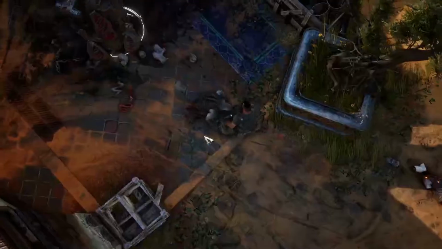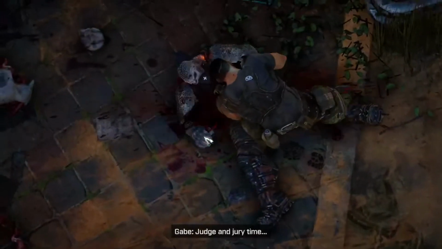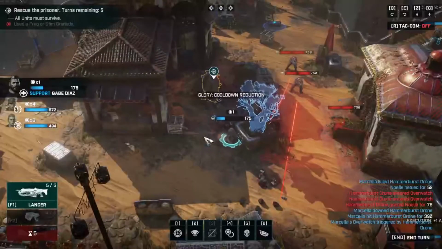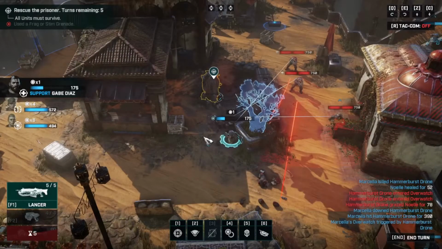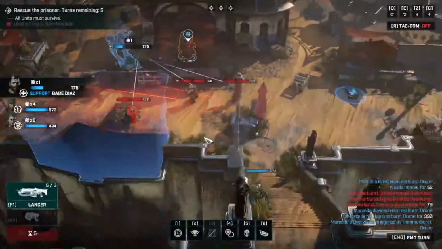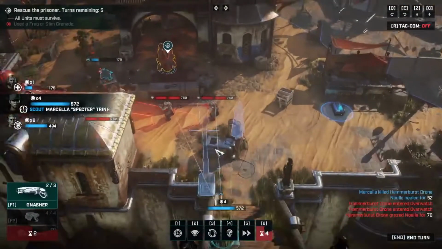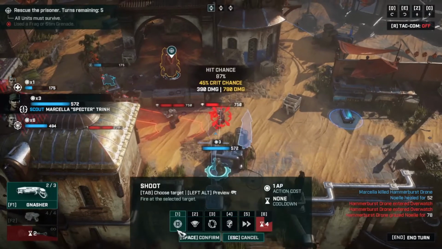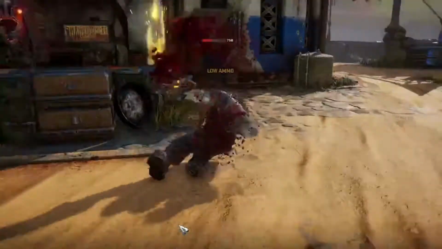And now I'm going to use Gabe again to execute the next down drone. So I just executed 3 drones, netting my Vanguard 3 additional action points. She has 6, Gabe has 1, and Marcella should have 4. So now I have 3 enemies to deal with. Unfortunately, I don't have any grenades or proximity mines, but that's okay, because at this distance,